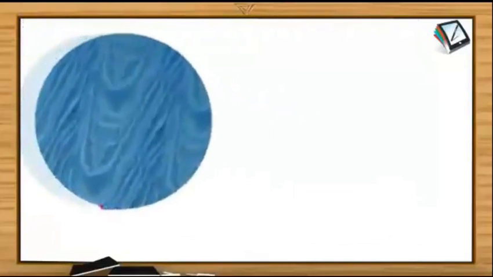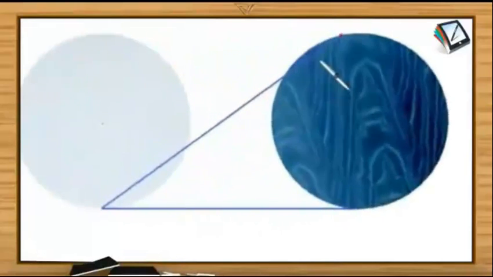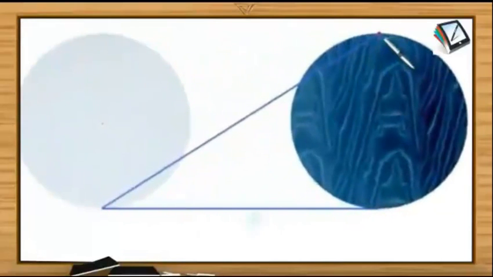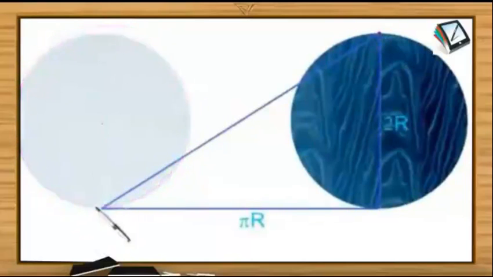You can see that as this wheel rotates by half a revolution, it reaches here. It was here, the initial position of the wheel, and this particular point has moved to this top point in half a revolution. So everyone must agree to this. So this point has reached this location and we have to find the displacement of this point. You can clearly see that this length is pi r, and of course this is the diameter of the